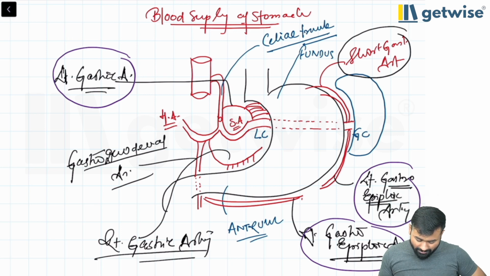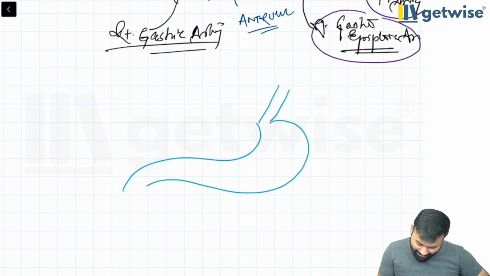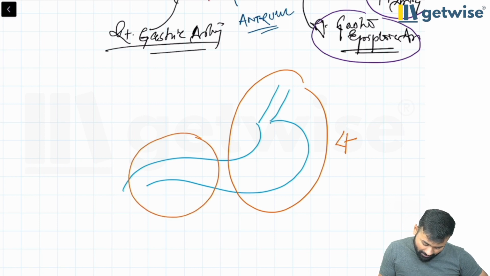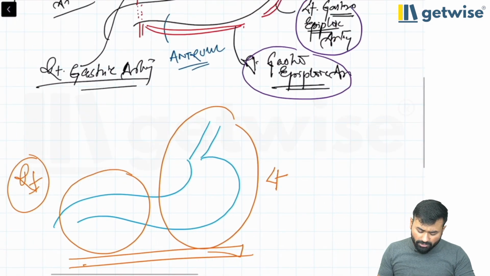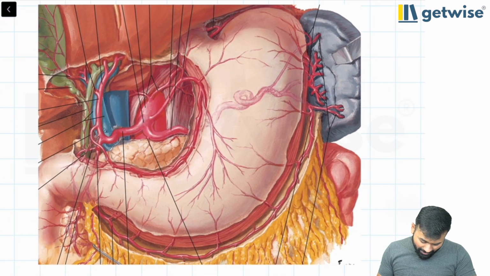Now you can see that the inferior arteries are called right and the superior arteries are called left, but that's not the case. You have to reposition the diagram. If you draw this diagram like this, you can see that this part is left, this part is left, and this part is right. Got it? We will look at the original picture, how these arteries look in an atlas, so now you can easily identify the things.